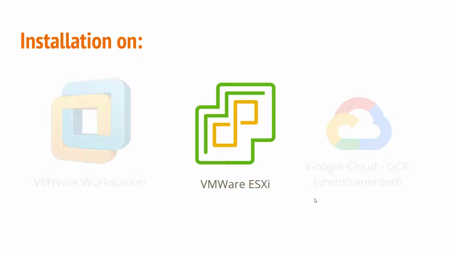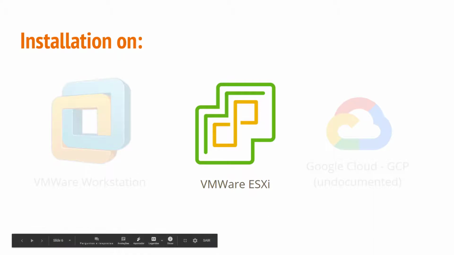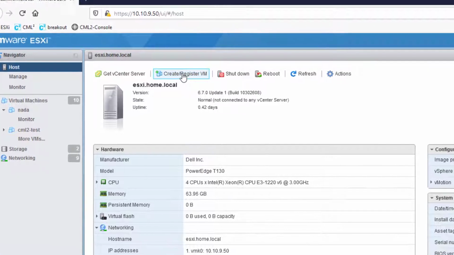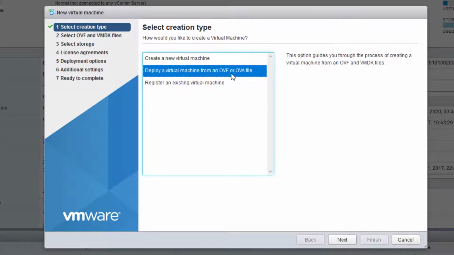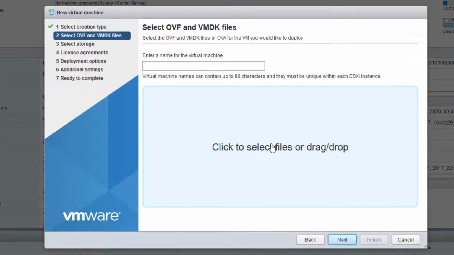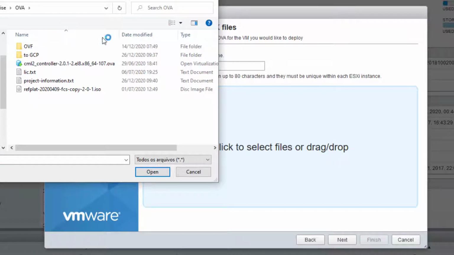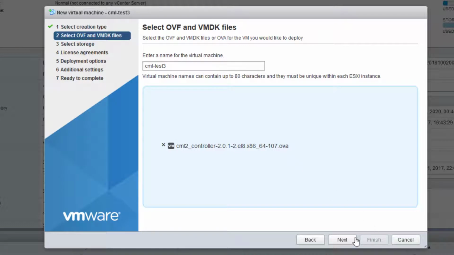Okay, now I will show you how to install in VMware ESXi. It's almost the same as we have done in VMware Workstation. Here's my server console, create virtual machine, deploy OVA, okay. Now we open here the OVA file. Okay, next,